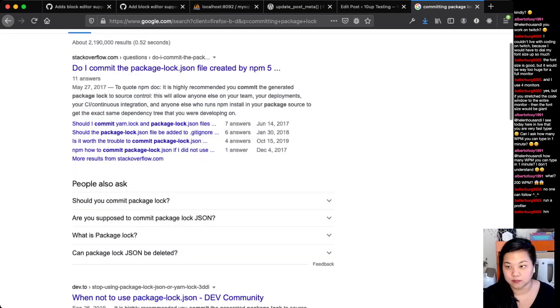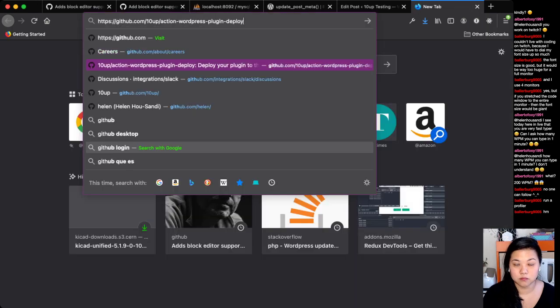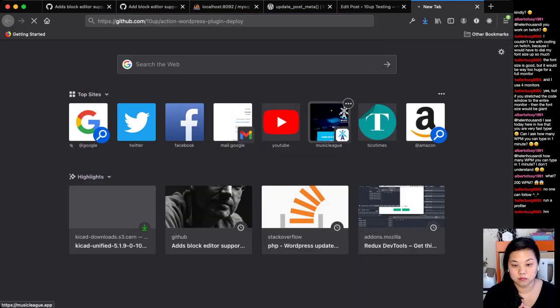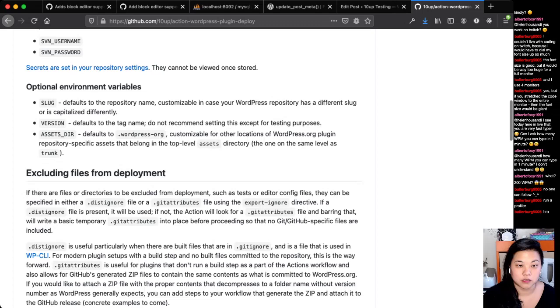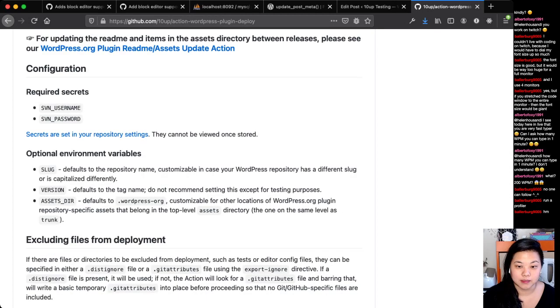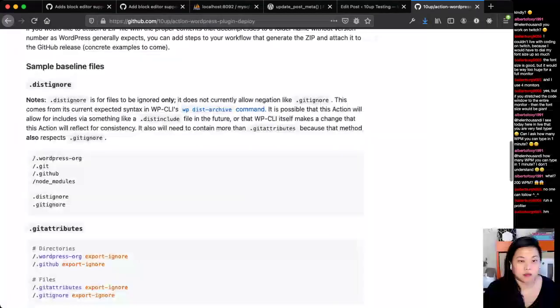Okay, so let's add the GitHub Actions. We're gonna add 2 of them. It's pretty quick. So here's the first one. I'll have to add my SVN username and SVN password at some point. But what I need to do